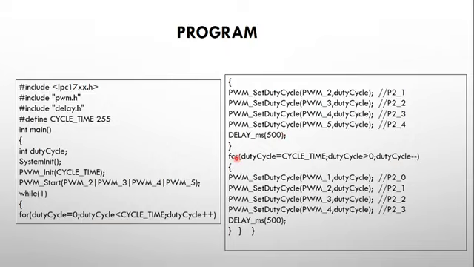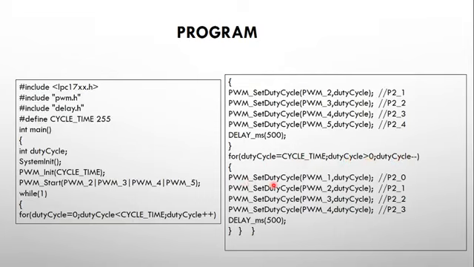Next, we have increased the brightness to the maximum limit by giving duty cycle plus plus. Now we would have reached the maximum value, so duty cycle is equal to cycle time, which is 255. If it is any value greater than 0, then we can decrement. So if duty cycle is equal to 255, I first confirm whether the value is greater than 0. Next, we have duty cycle minus minus, which is the decrement loop that reduces the brightness from the highest level of 255 to the lowest brightness level. So it is duty cycle equal to cycle time, duty cycle greater than 0, duty cycle minus minus.